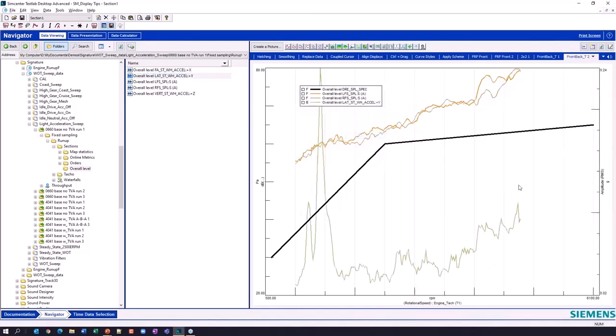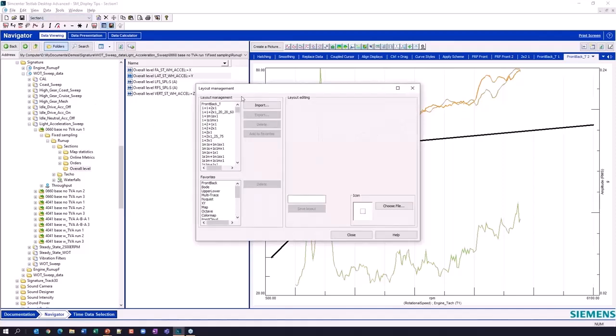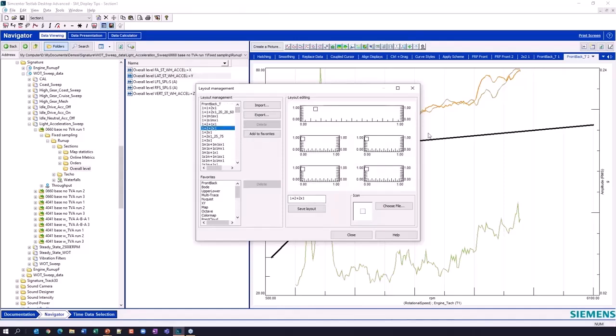So that's how I can create my own custom layout and actually save it and add it to my favorites. That layout management is also accessible under this little icon over here, but most often I just find myself going to View, Layout Management, and I can configure all of these favorites and build off any one of these formats.